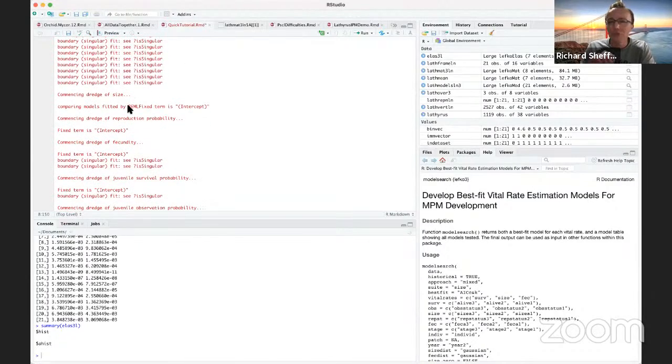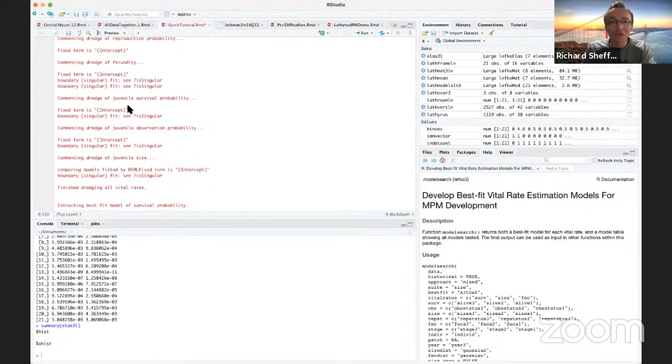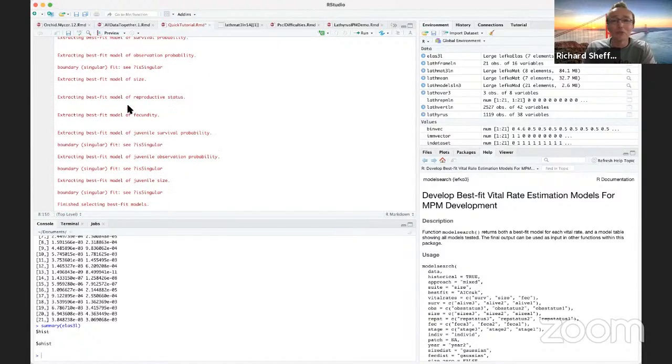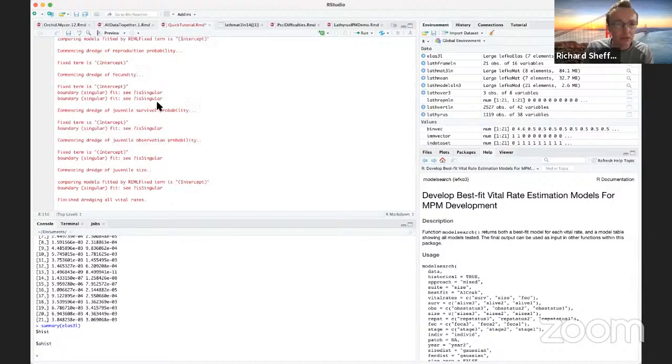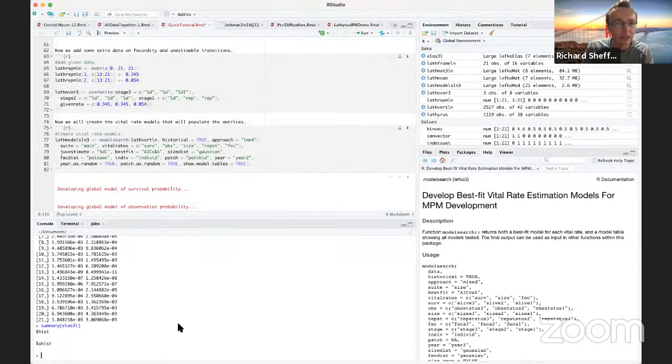If you're used to, say, working with packages like lme4 or nlme, you know that all this red is normal, so this is not worrying. It would be worrying if it stopped, and it didn't. So it finished with that. It developed the best fit models. We can actually summarize what this looked like. I'll just very quickly show you that. So if I do a summary,